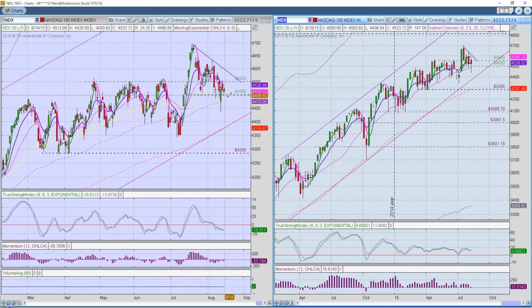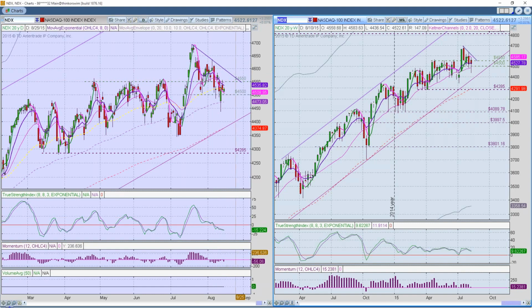Right now, we don't really have a trigger to say get in because we've got the 8-day moving average sloping down. We've got the 20-day moving average sloping down, and we're just at the 50. And the 50 is now flat to rolling over. And so any up move may be stopped either at this 45.50 level or up here at the downtrending line here.